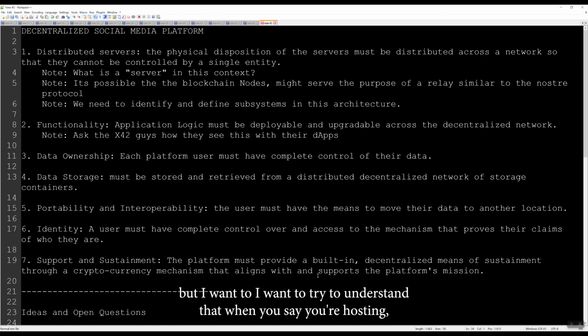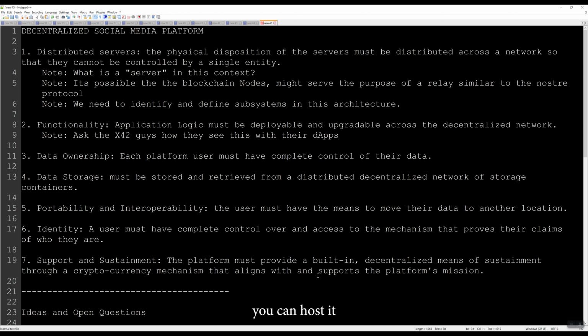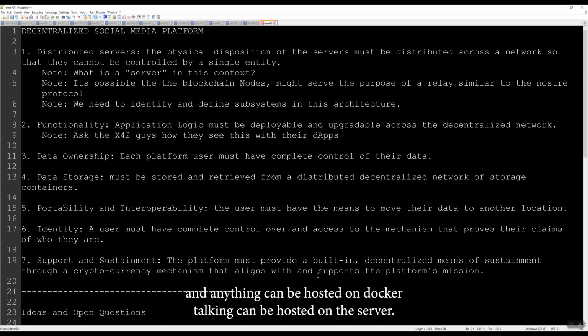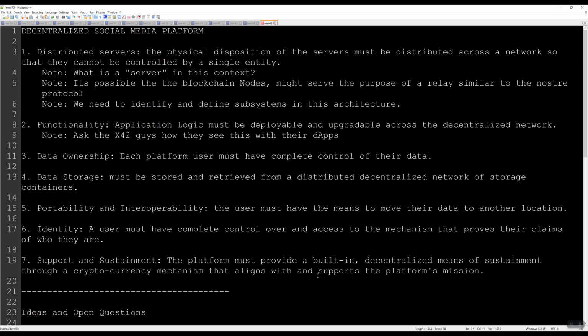worldwide. But I want to try and understand that when you say you're hosting, you can host anything that can be hosted in Docker. Docker can be hosted on the server. Obviously, we're talking about the nodes themselves, the blockchain nodes. That's correct. Okay. So in the sense of the social media platform, then